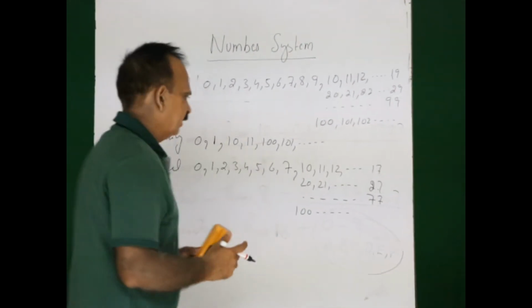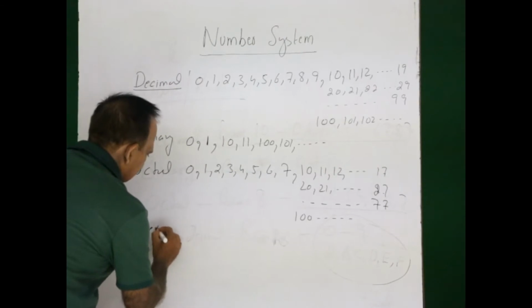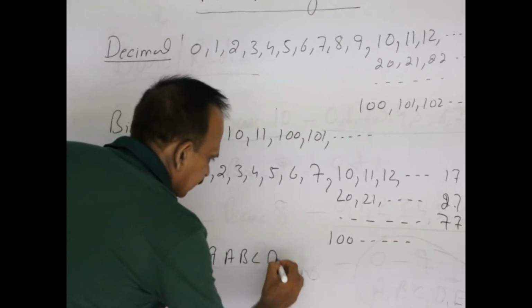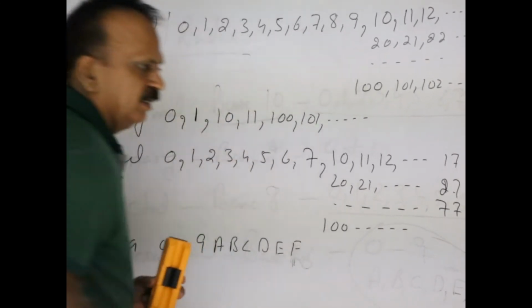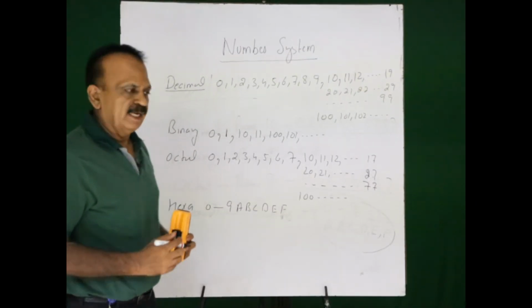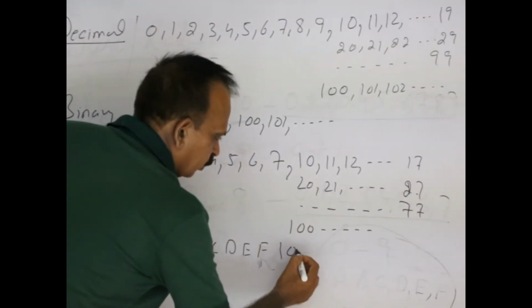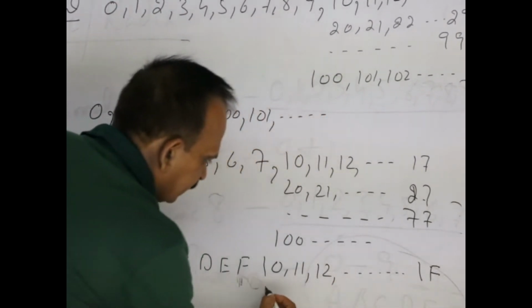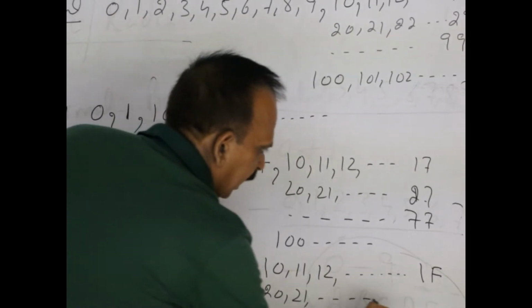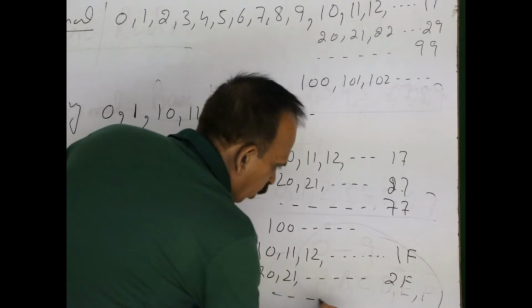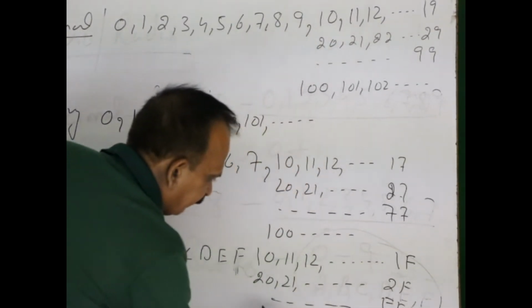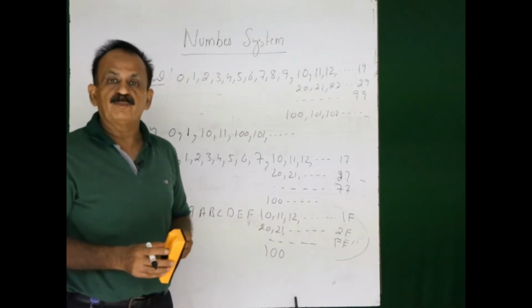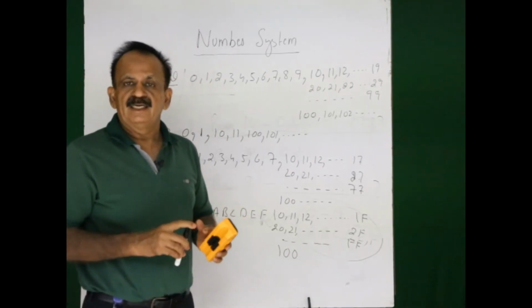So, last, that is hexadecimal. Hexadecimal will be having the digits 0 to 9. After that it will be A, B, C, D, E, F. Now, these 16 digits and symbols, then the combination of 2 will start 1 0, 1 1, 1 2, and so on up to 1 F. Similarly, 2 0, 2 1 up to 2 F, and so on up to FF, and after FF it will be 1 0 0. This is how the counting will proceed in these number systems.